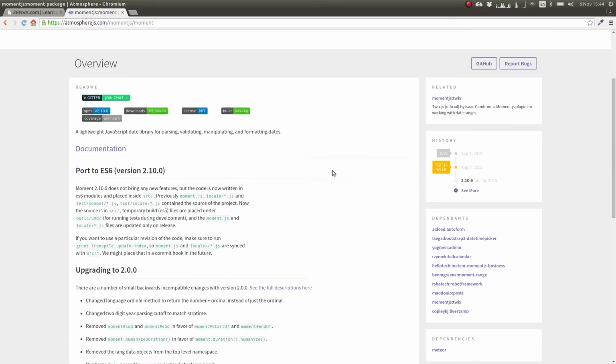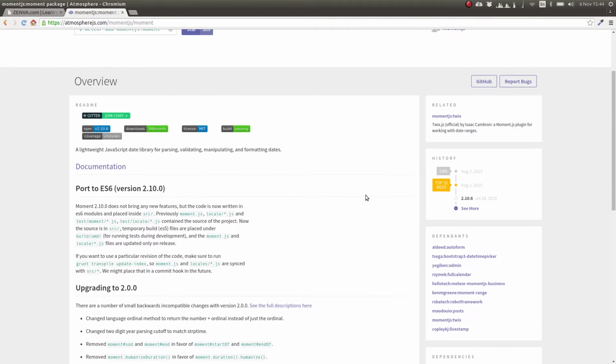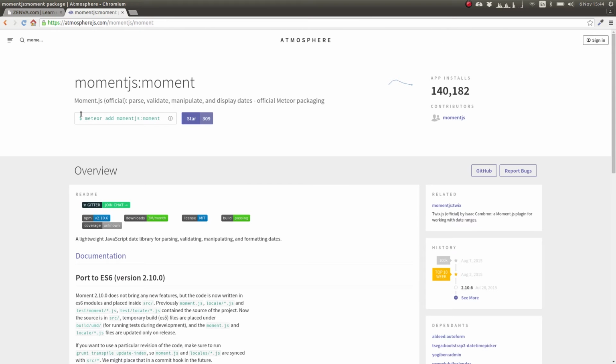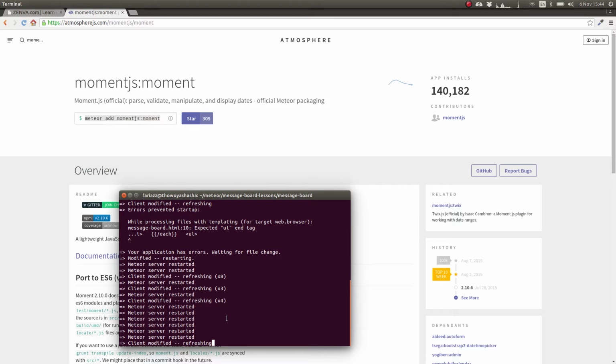This is the official one. And to add a new package, you just have to type in meteor add and the name of the package. So like this. Usually it's the author and then the actual name of the package. So if we copy that and we go to our terminal where we have our application running,